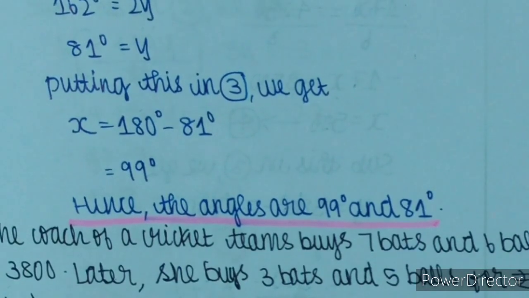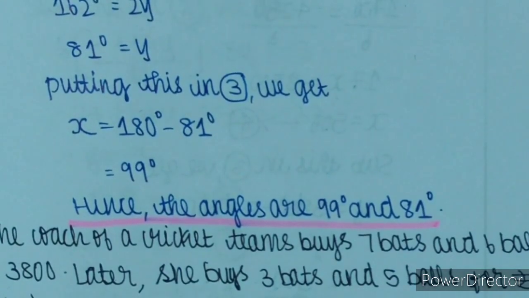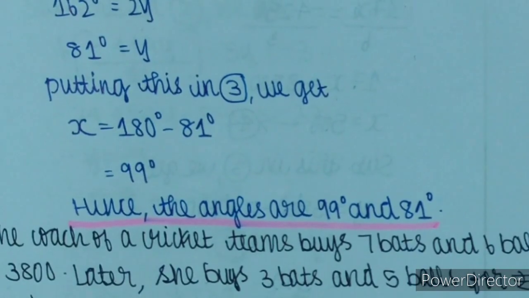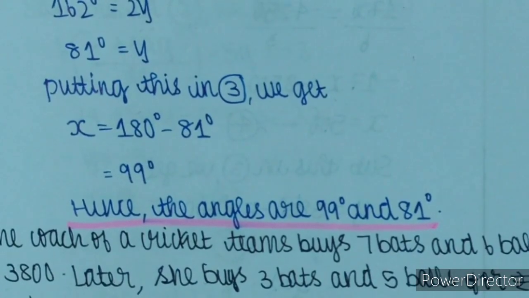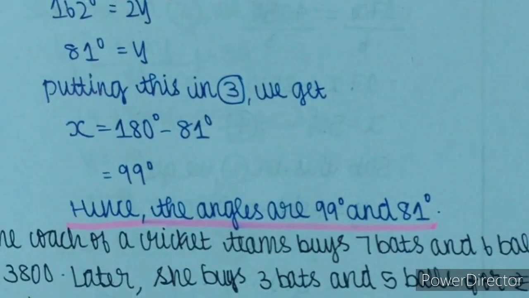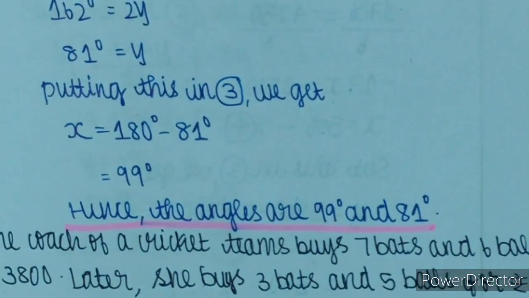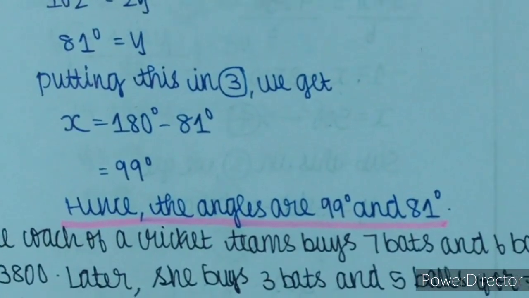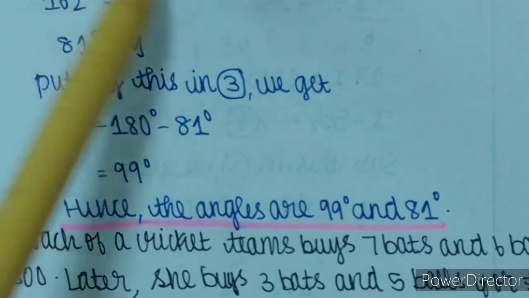So now bringing this plus 18 to the other side, minus 18. Therefore 180 degree minus 18 degree is equal to 162 degree. This is what we get here. And also minus 5 bringing it to the other side plus 5 and plus y. Therefore plus 5 plus y is equal to 2y.